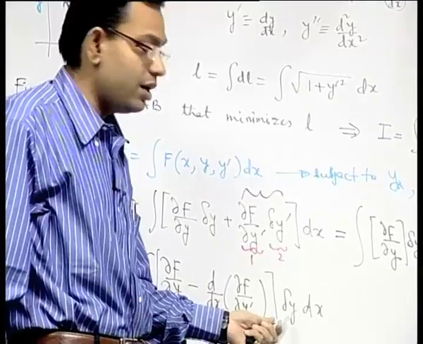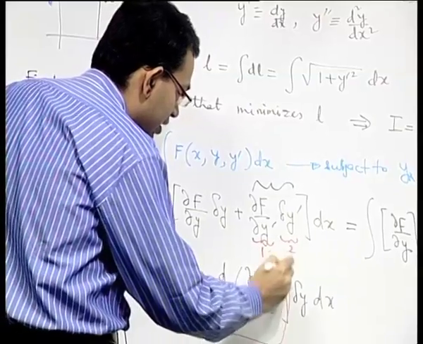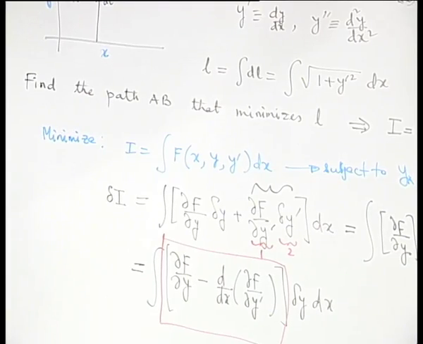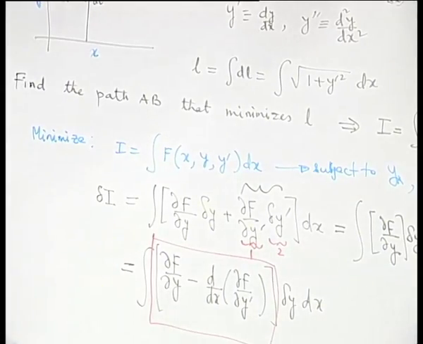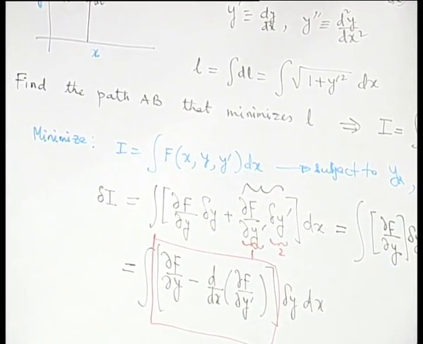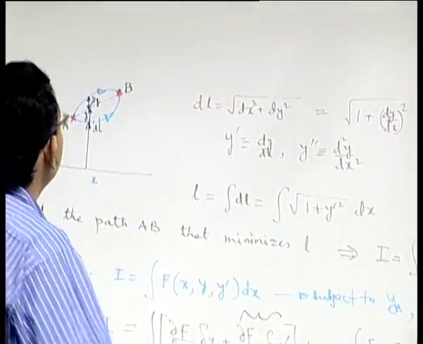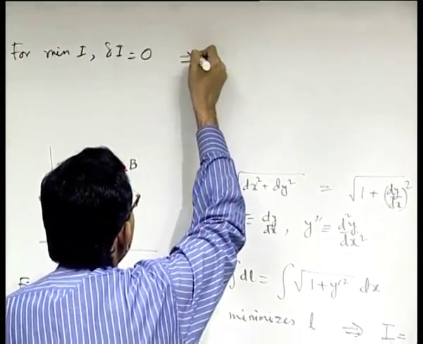When is it possible? It is possible only when the integrand itself is 0. Otherwise, it is not true for any arbitrary choice of this delta y. So, for minimization of I, you must have delta I equal to 0. That means essentially